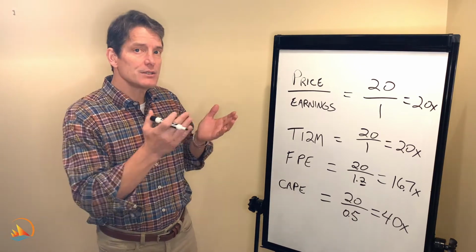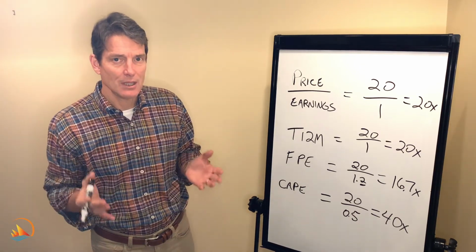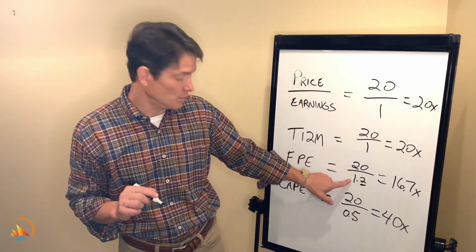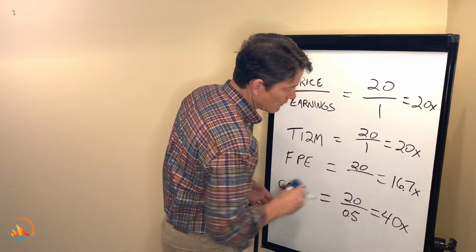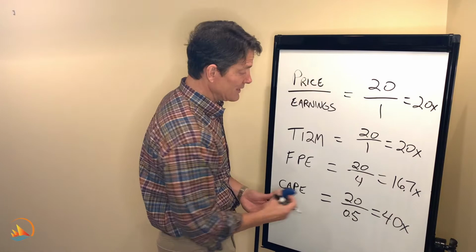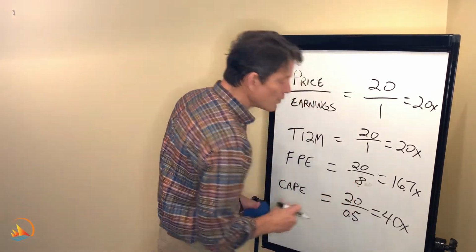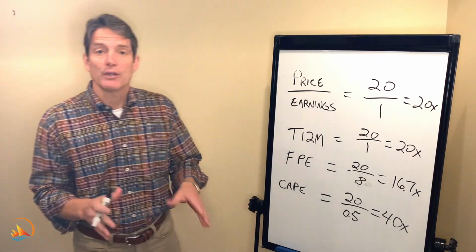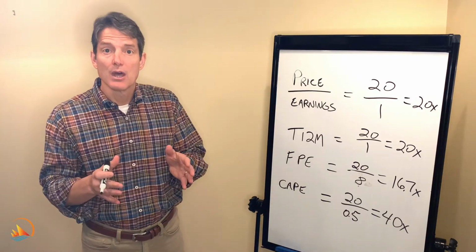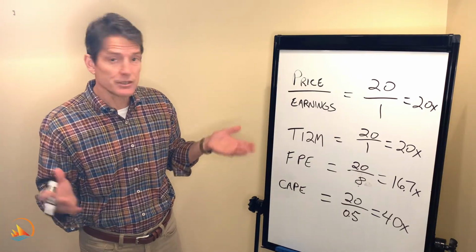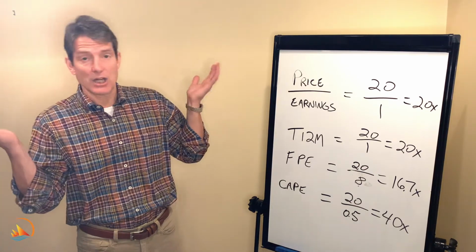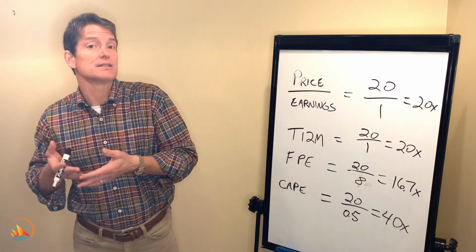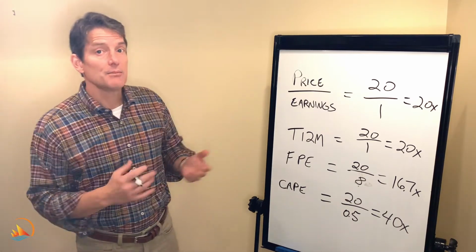But what the market is saying when you see these crazy big PEs is that they believe that next year's earnings isn't going to go from 1 to 2. Oh no. Next year's earnings are going to go from 1 to 4. And then after that, they're going to go to 8. In other words, they expect massive, rapid growth in these stocks. Now, if you get that kind of massive growth, the way that Amazon has done for the last 20 years, because it's traded at PEs that everybody said, oh my gosh, how could they ever grow that fast? Well, they did. So if these companies grow as fast as is expected, then you can make the kind of money you made in Amazon.